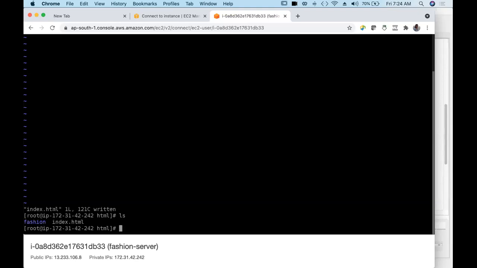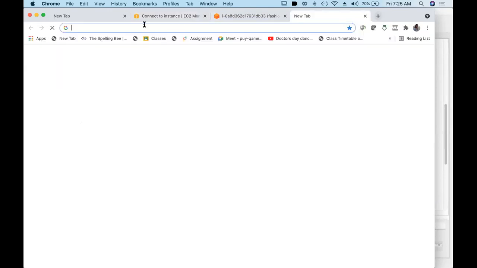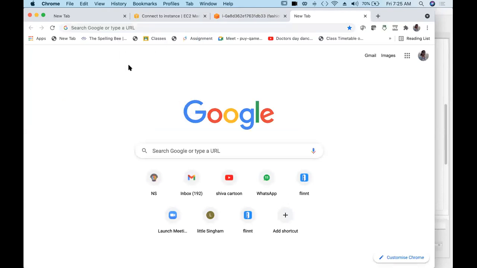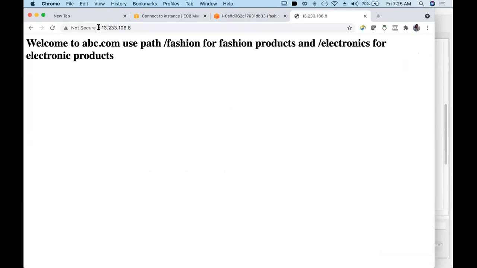See, now what I have done, I have edited my default HTML page. This is the default index.html page. When I give the IP address or DNS name of this server, the traffic will be directed to this index.html. Let us start the HTTPD service. Service HTTPD start. And I'll copy this instance's public IP. So this is what I'm getting.